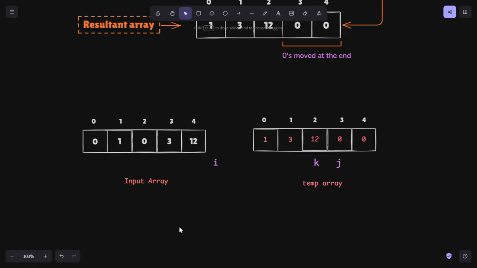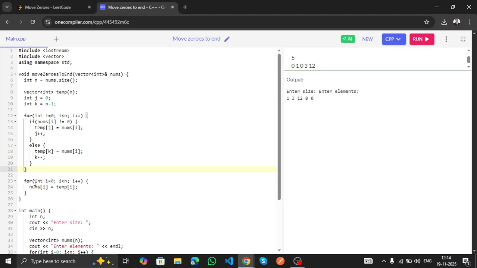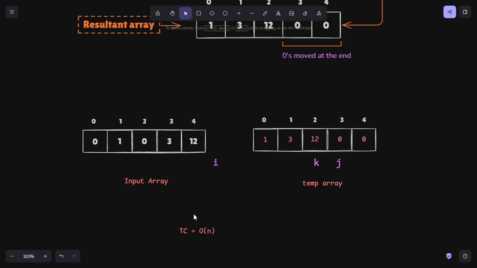So the time complexity for the first loop is big O of n, and then again it is checking the entire array, meaning from the temporary array to the nums array, it is copying the elements. So it is again taking big O of n. For the first loop it is taking n, and for the second loop it is again taking n, so it is like big O of 2n. As the constant is ignored, the time complexity is big O of n. But if we see the space complexity,